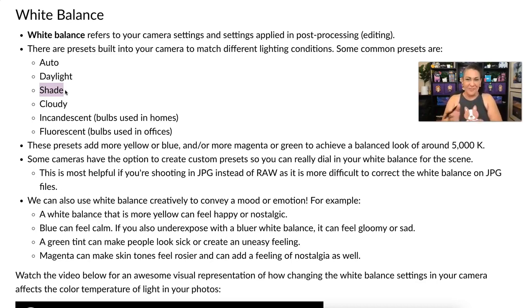Between 5000 and 5500K is white light, and that's usually what you're trying to get your photo to when you're color correcting. So if you have too much yellow coming in, you add some blue. If you have too much green coming in, you add magenta, and vice versa. If it's too blue, you add yellow. If it's too magenta, you add green. Okay, so